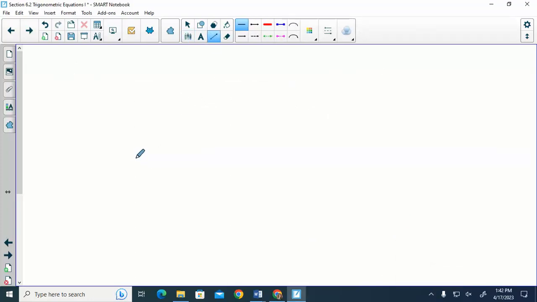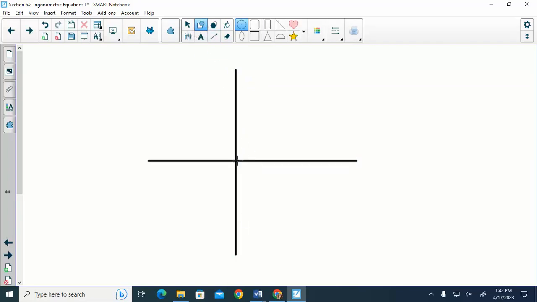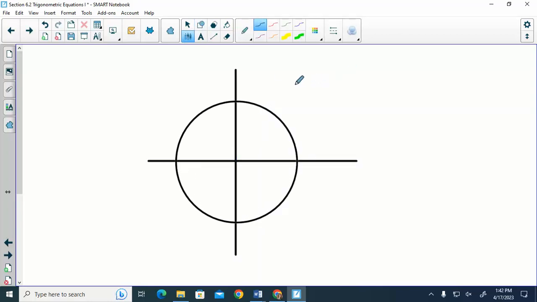So, side note, we'll go back to think about the beginning when we first started talking about quadrants and reference angles. Okay, so we have our circle. In quadrant 1, your reference angle and your angle are the same. Okay. In quadrant 2,